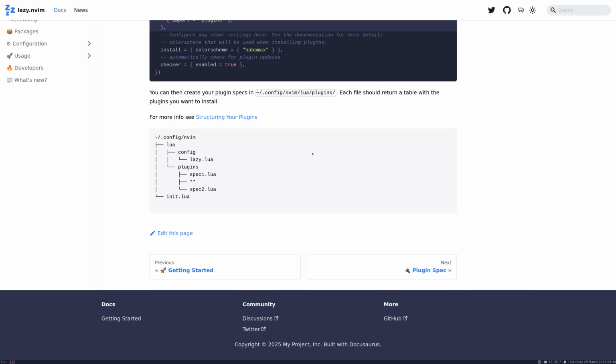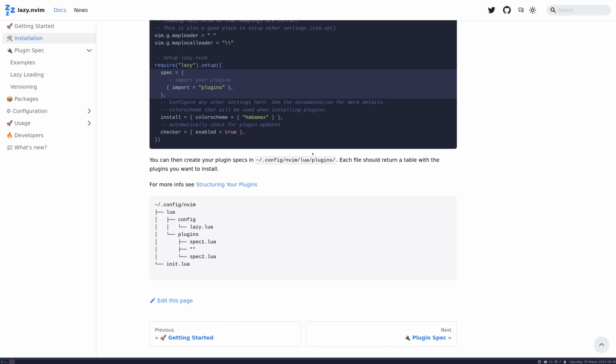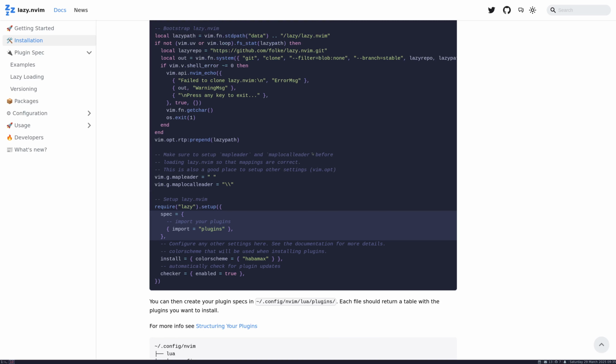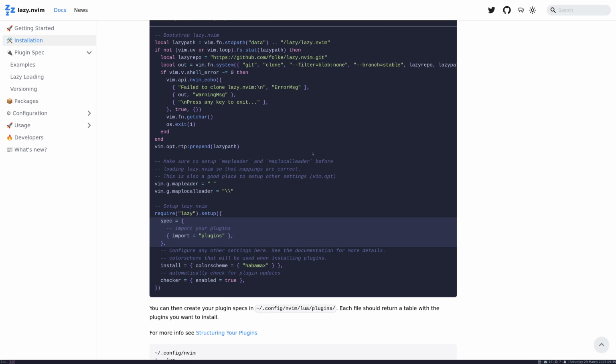So the recommended directory structure for starting out with lazy is to create a Lua directory, and inside it create two folders, config and plugins. In the config folder I need to add the lazy Lua configuration that is provided in the installation instructions, and inside the plugins folder I will have to add the plugin configuration for every single plugin that I want to add. For now I'll just copy the